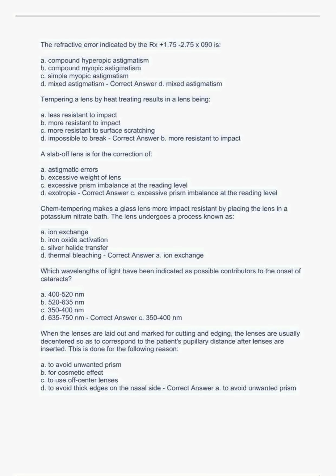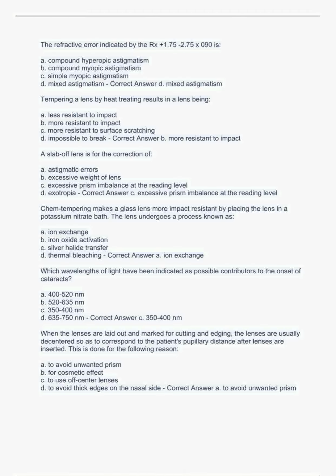A. Compound hyperopic astigmatism. B. Compound myopic astigmatism. C. Simple myopic astigmatism. D. Mixed astigmatism. Correct answer D. Mixed astigmatism. Tempering a lens by heat treating results in a lens being